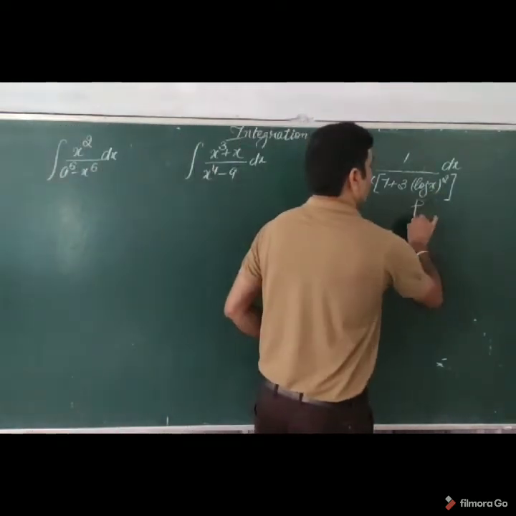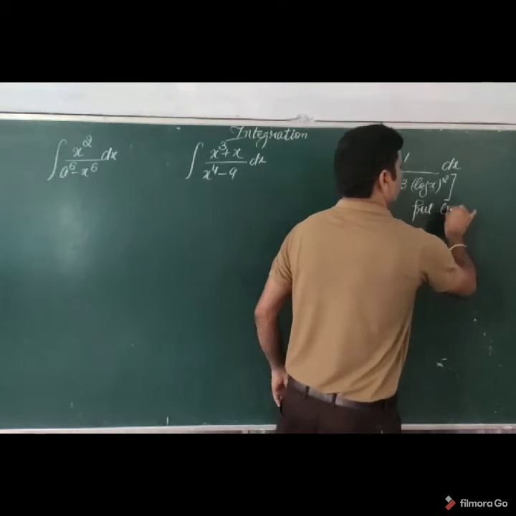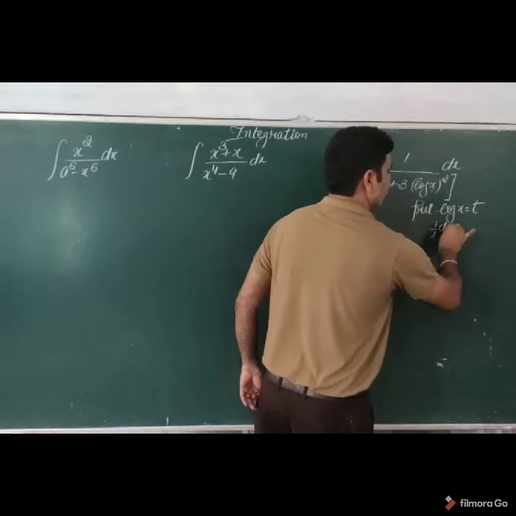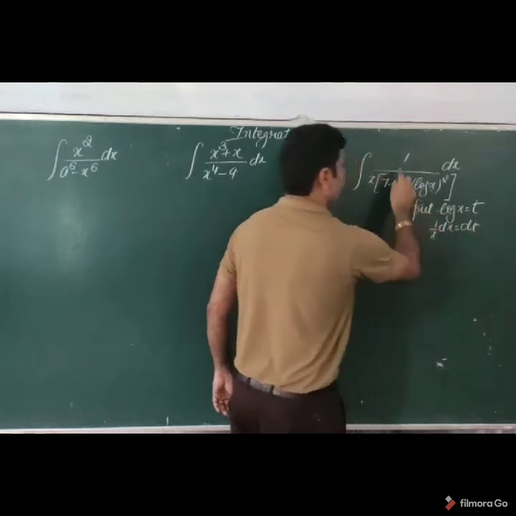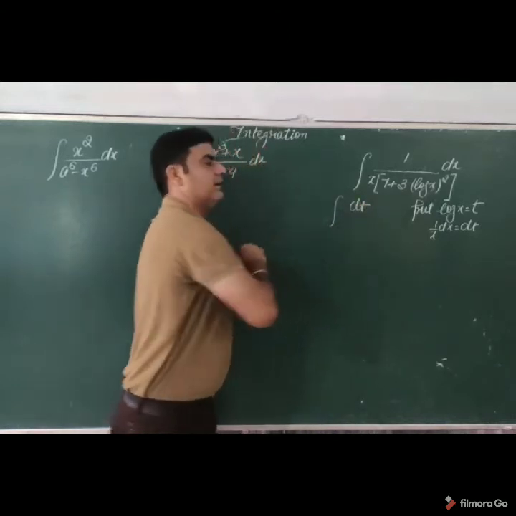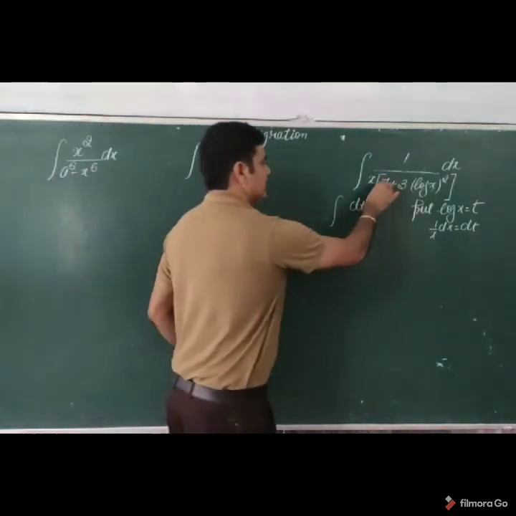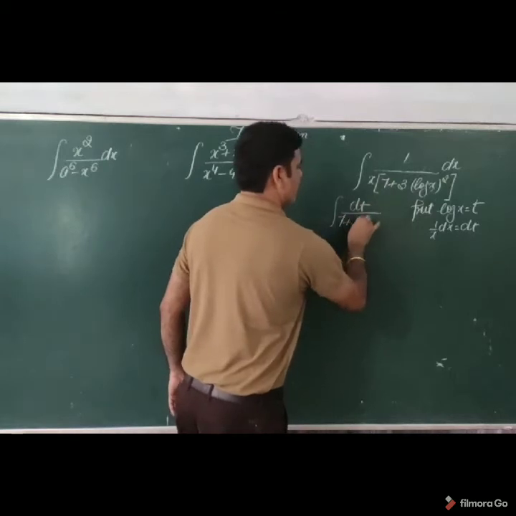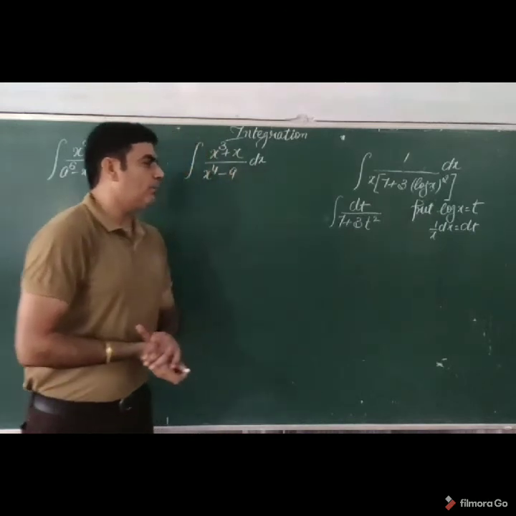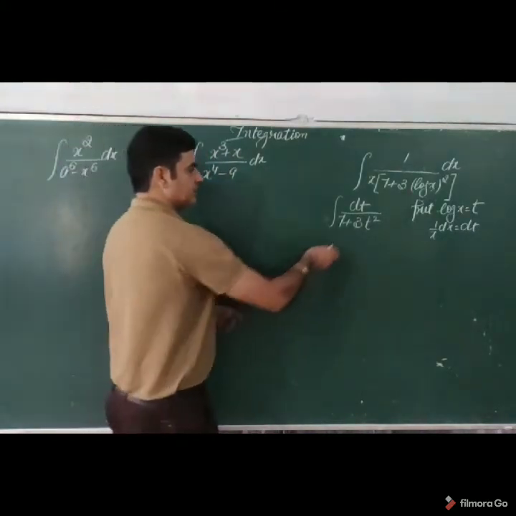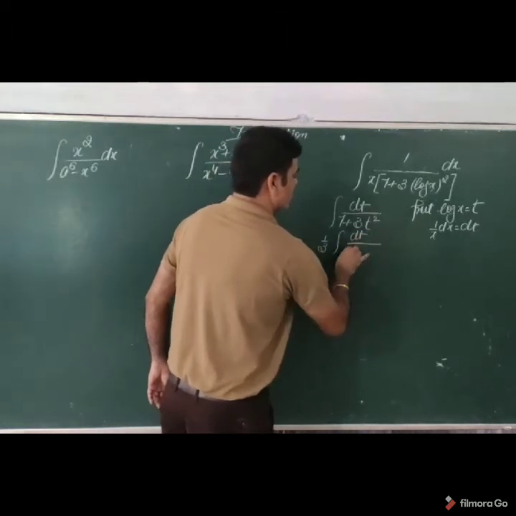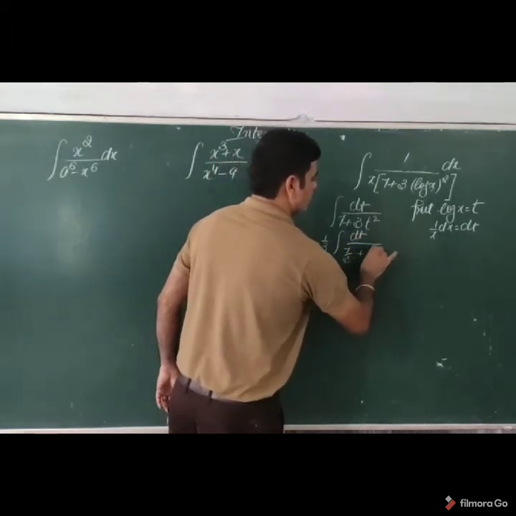So we are taking here log of x as t. Derivative of log x is given by 1 by x dx is equal to dt. If you see here, 1 by x dx, this becomes dt. Now what is that? 7 plus 3 log x will be replaced by t. Now we have to make the coefficient of the square term as 1 first. Taking 3 common outside, it becomes dt divided by 7 by 3 plus t square.